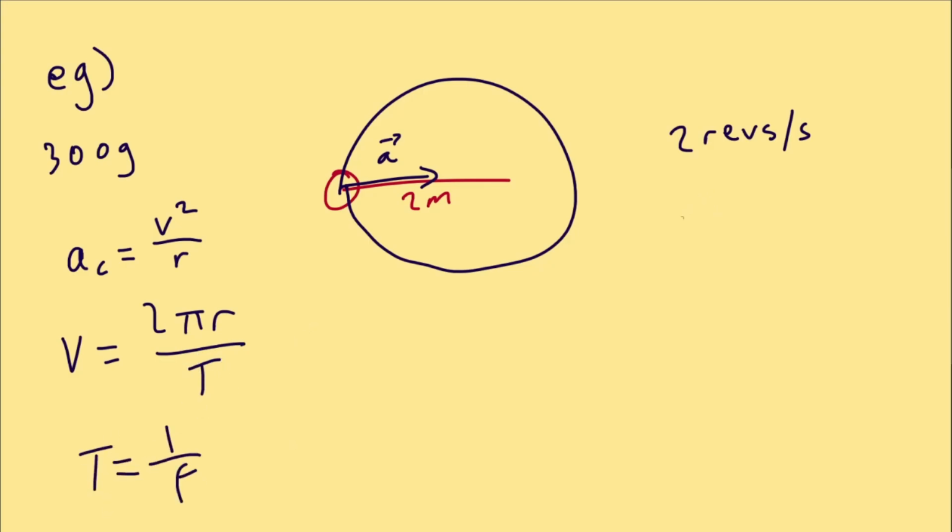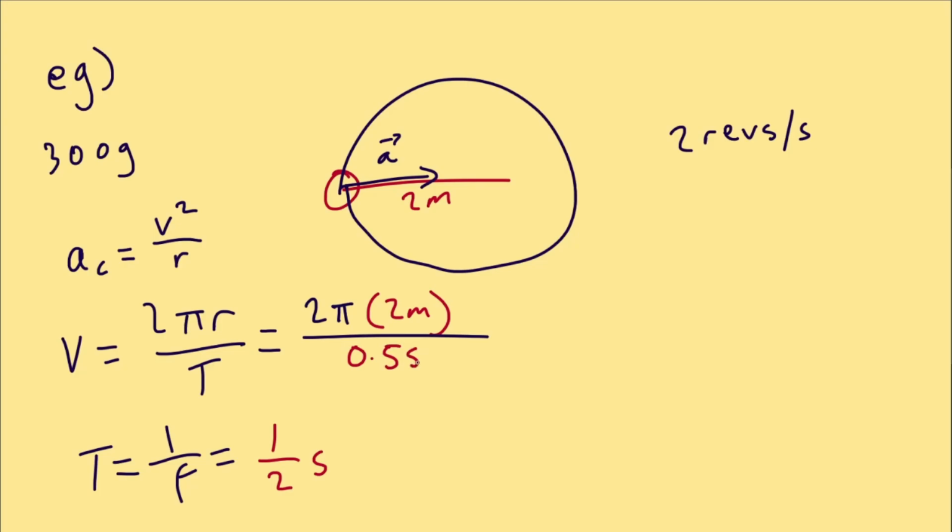Well, now we're ready to solve. We have the frequency. The frequency is 2 because it spins twice per second. That means time is equal to 0.5 seconds. And velocity is 2 pi times 2 meters, the radius, divided by our new time value, so 0.5. Chuck this into a calculator, you get roughly